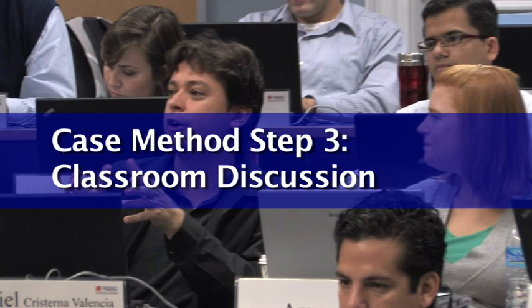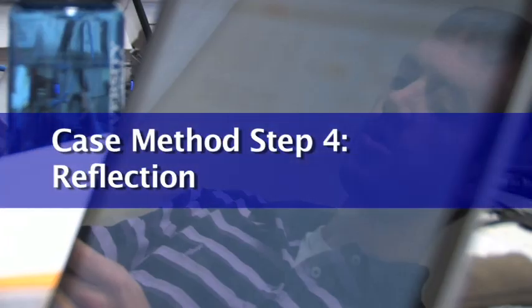The third step would be the classroom discussion itself. The student comes to the classroom prepared from his or her individual prep and from the learning team meeting, and we can hold a larger discussion among 60 individuals where we hope the learning is synergistic even more than in the learning team. And then finally, after class, we would ask the students to take some time on their own